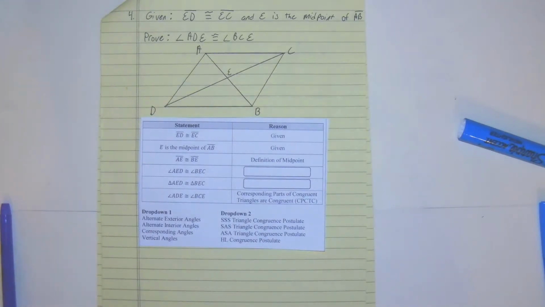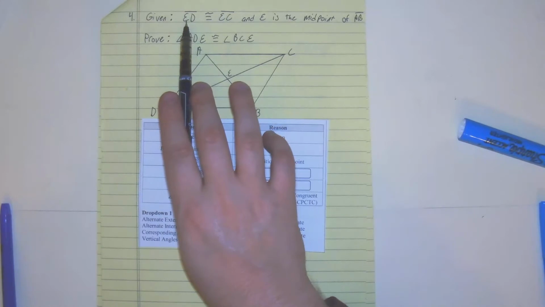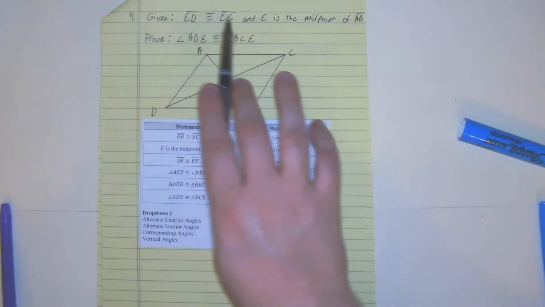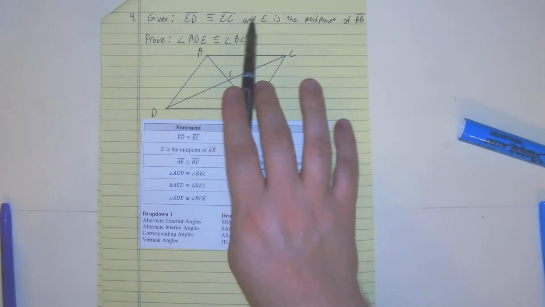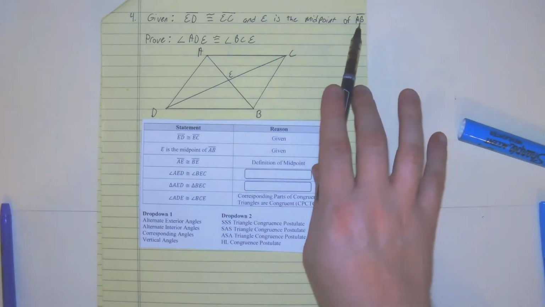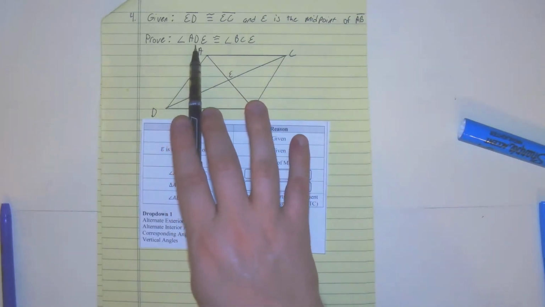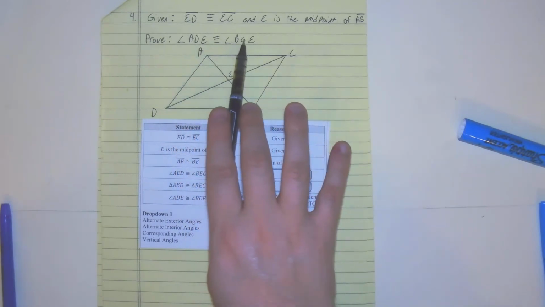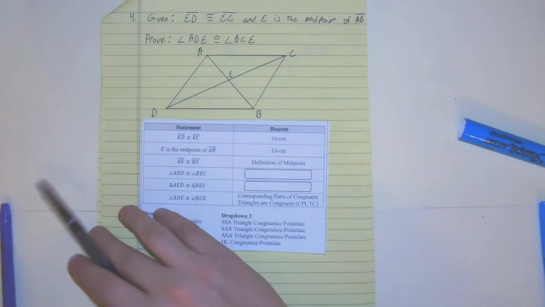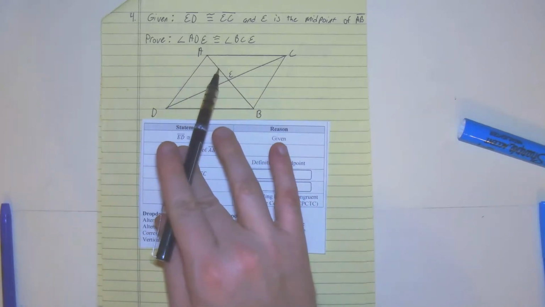We're on number 4. Number 4 says given line segment AD is congruent to line segment EC, and E is the midpoint of line segment AB. Our goal here is to prove angle ADE is congruent to BCE. So, first thing you should do